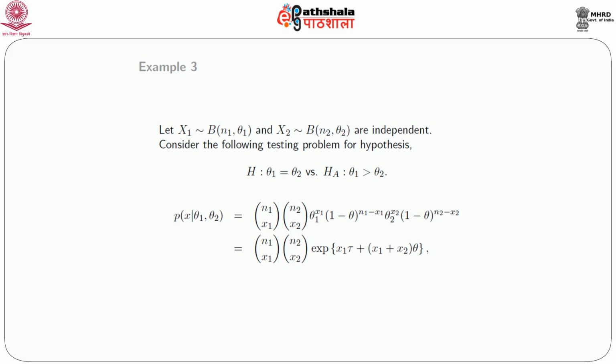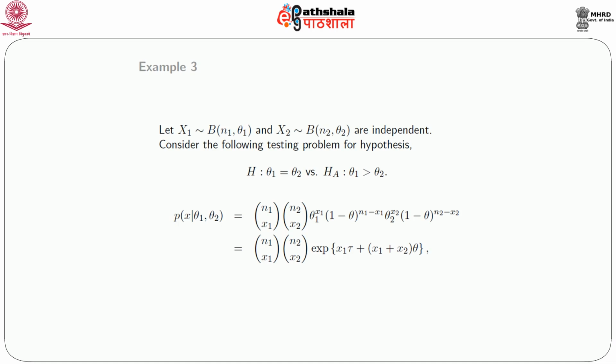Now the joint PMF of x1 and x2 is given by (n1 choose x1) into (n2 choose x2) theta 1 to the power x1 into (1 minus theta 1) to the power (n1 minus x1) into theta 2 to the power x2 into (1 minus theta 2) to the power (n2 minus x2),